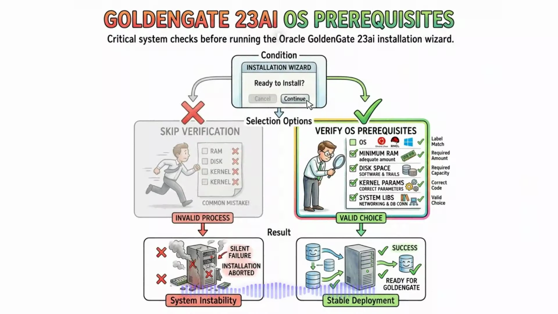First, you create the store using the add credential store command, and then you add your specific user IDs and passwords using the alter credential store command. Once these entries are safely locked inside the vault, your GoldenGate processes will reference the user by their alias name rather than their real password. This mechanism ensures that even if an unauthorized person looks at your configuration files, they will never see sensitive database